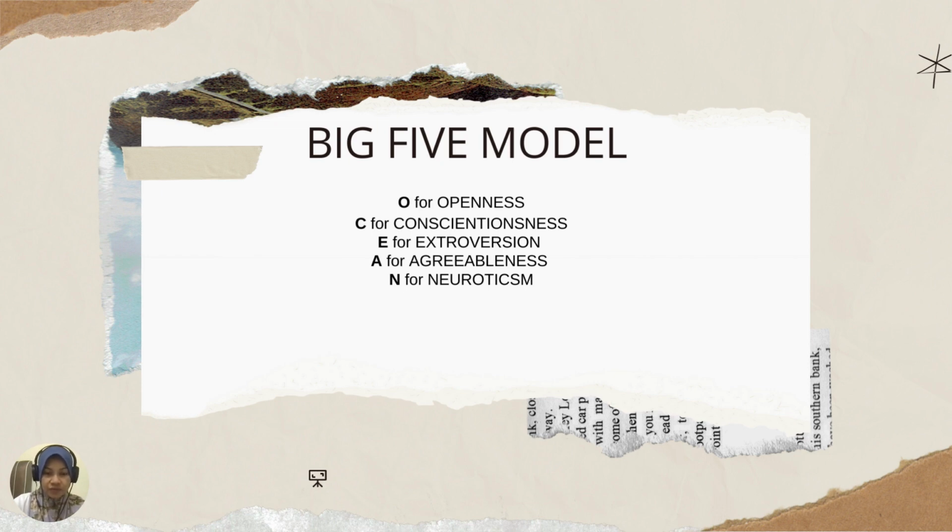E for extroversion. These traits include characteristics such as excitability, sociable, talkative, and assertiveness, and have a high amount of emotional expressiveness. Extroverts get their energy from interacting with others, while introverts get their energy from within themselves.